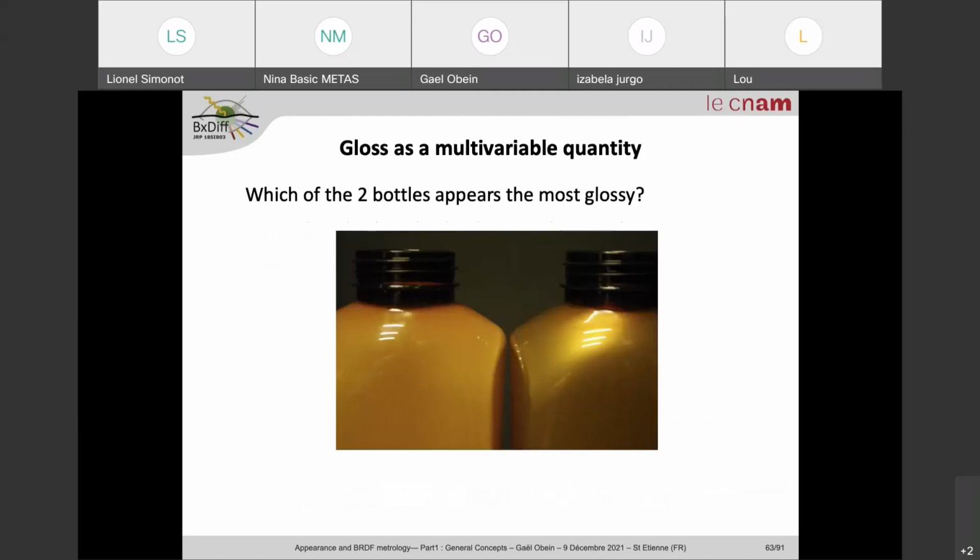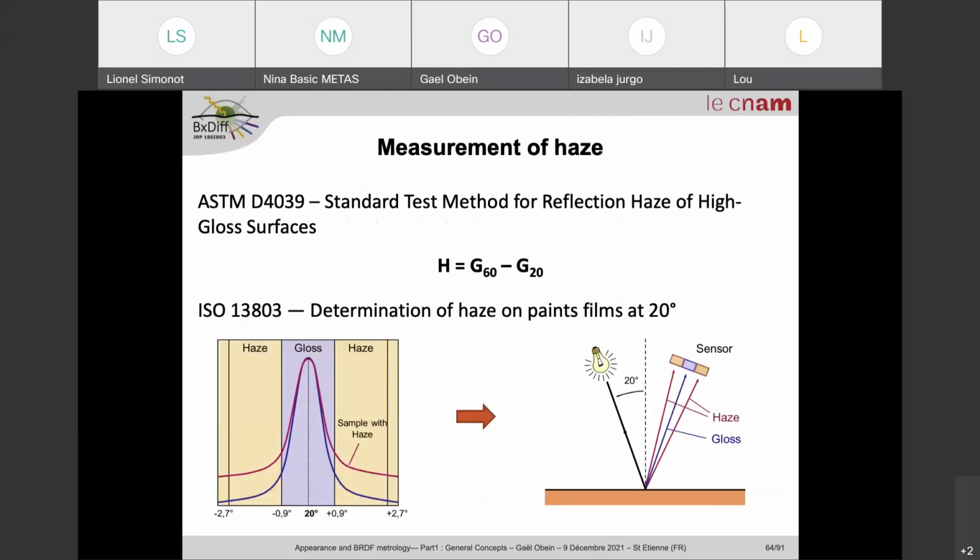Another example is that kind of effect where you have almost the same specular, but this one has something more like maybe translucency. In the world of gloss, we call this haze. And the haze changes the sensation of gloss. It can be measured with a haze meter, which is also something defined in an ISO standard, where you do